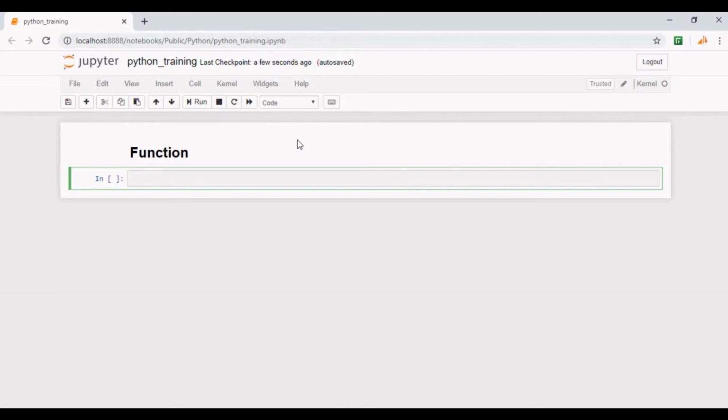whenever required. When you have a piece of code which you think can repeat at many places, then instead of writing that code at all the places separately, we can put it in a block of reusable code under a function name. Python has three types of functions. Let's understand them.